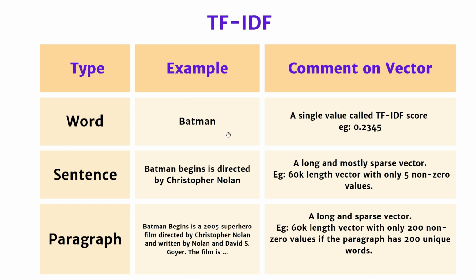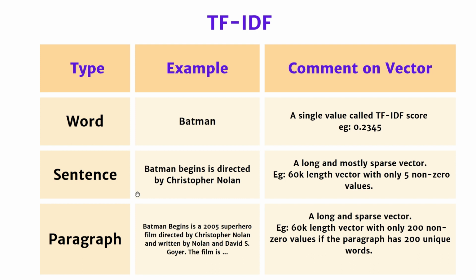Although from any given document we can extract any word and calculate the TFIDF score, you need to remember that at some level you cannot really compare TFIDF scores of different words and say that they are similar or dissimilar, because at the end of the day it's just capturing the corpus and document frequency and nothing to do with the relationships of different words with each other. So the thing to remember is that a word is represented by just a single value.